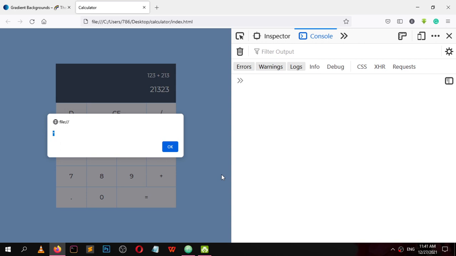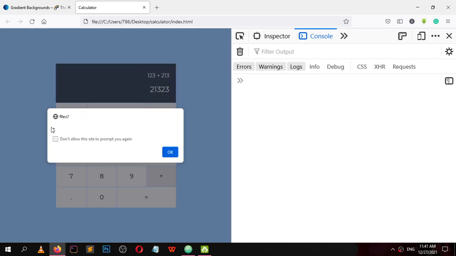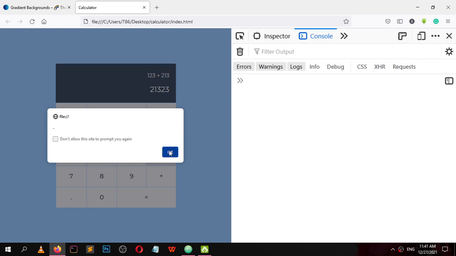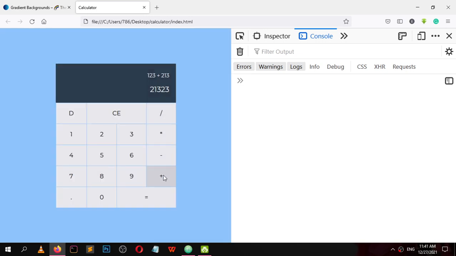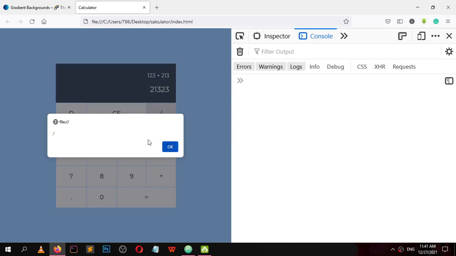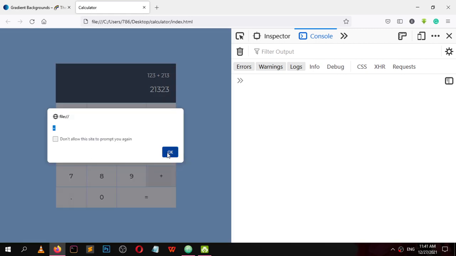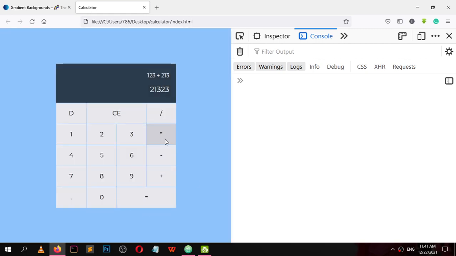Here we go. It's asterisk, plus sign, minus sign. All these operators have a class of operator, so it will alert the inner text. Division, plus.